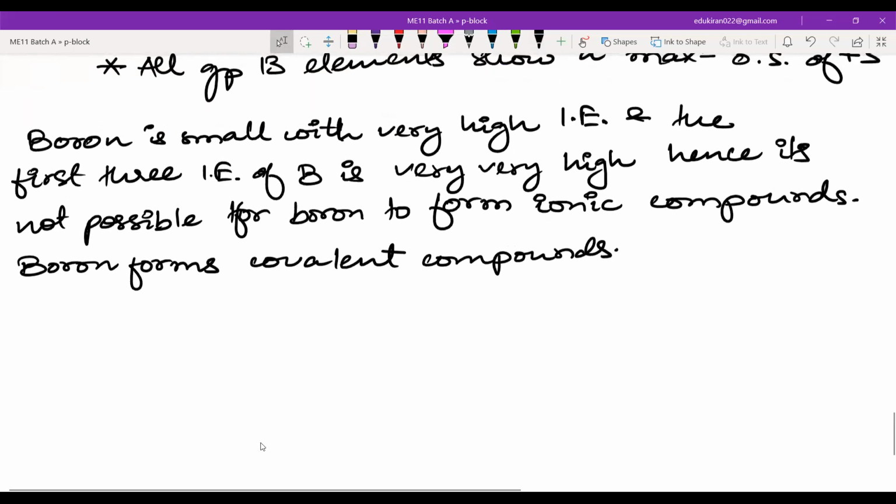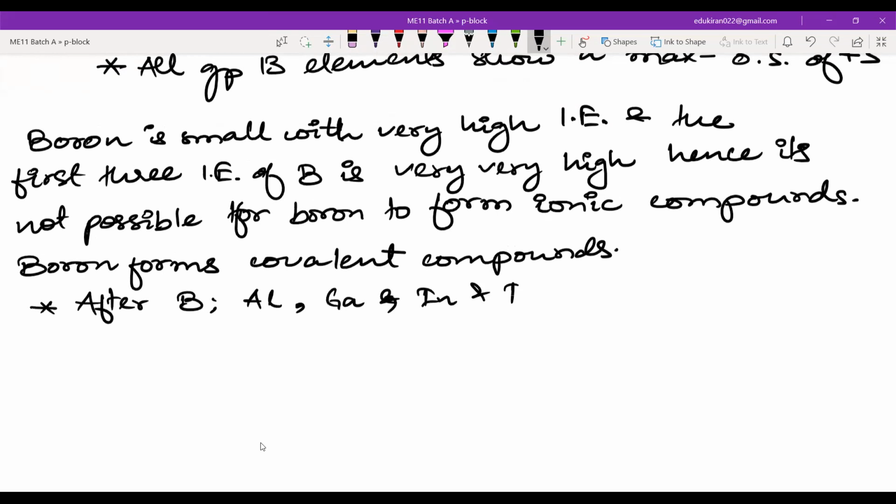After boron, aluminium, gallium, indium, and thallium all can form the +3 oxidation state. They will form ionic compounds. Okay, why? This is due to